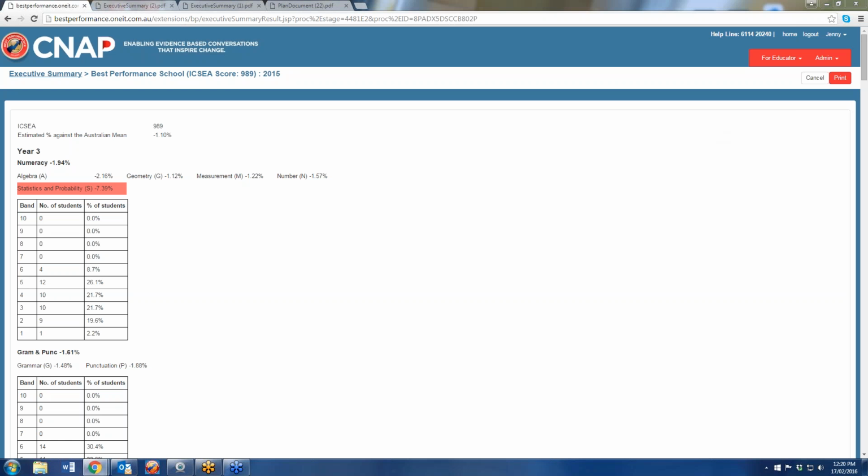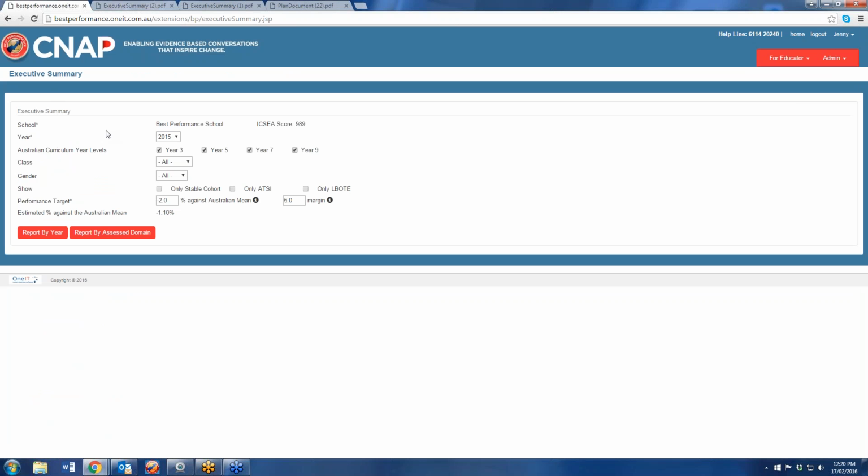So that's very straightforward, and what it's designed to do is save time. So everything that we do with CNAP and Best Performance now is to serve schools by saving them time and adding value straight away in the classroom. So it's really important that when schools give us feedback, they do say to us, look, it's great, it saves us time, it allows us to get on with teaching and planning and do what we do best, not muddling around with data. Okay, so that was the executive summary function, which is listed there.